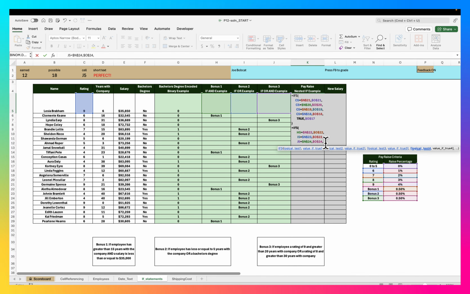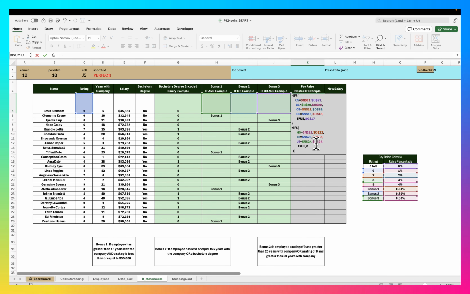Then another comma, and you should always, when you're doing this ifs command, make sure that if nothing hits, you specify what's supposed to happen if nothing hits. So your last condition, if need be, is going to be true, and if it's true, then they get 0, right? Meaning if they didn't get any of the bonuses, then they should get 0. So we make sure that we were adding a 0 if they didn't hit a bonus. Option enter. Wow, okay. And then we'll close that parentheses for that ifs,